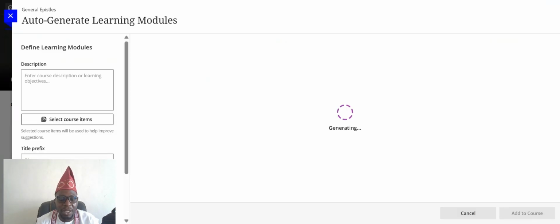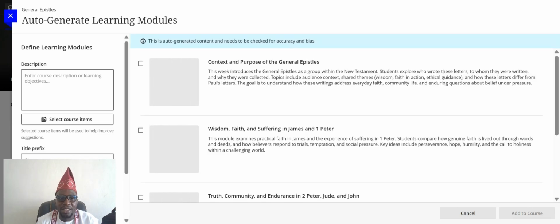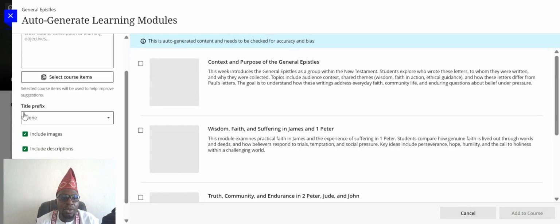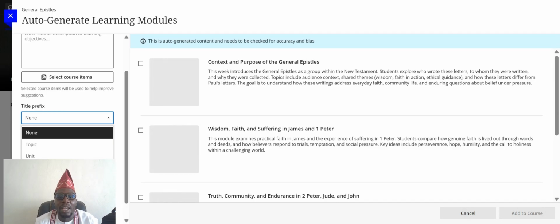Now when you click on it, you are expected to give a description of your course content. This is General Epistles and it has automatically generated, but I still need to tell it exactly what to do and how to do it. The title here you can see is set to none. Do you want to develop topics, units, weeks, chapters, modules? Let's say we work with weeks because in our institution we work with weeks. So let's create weeks